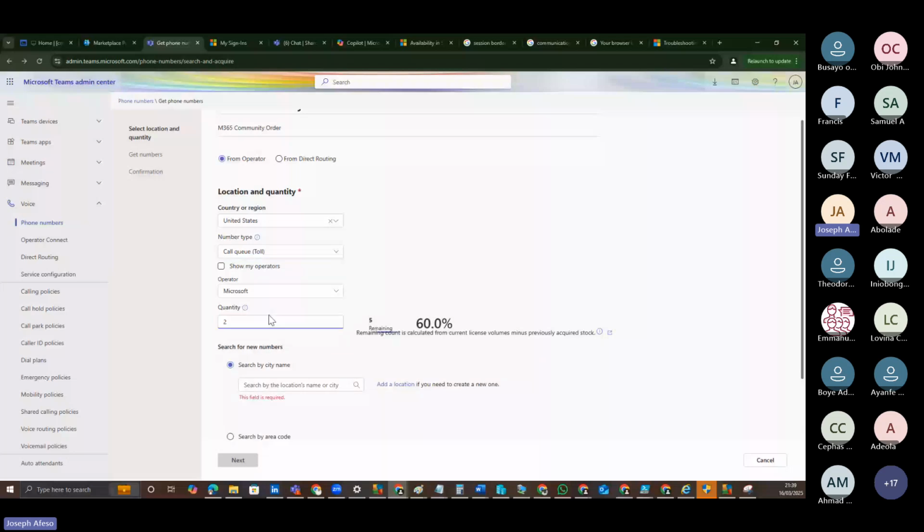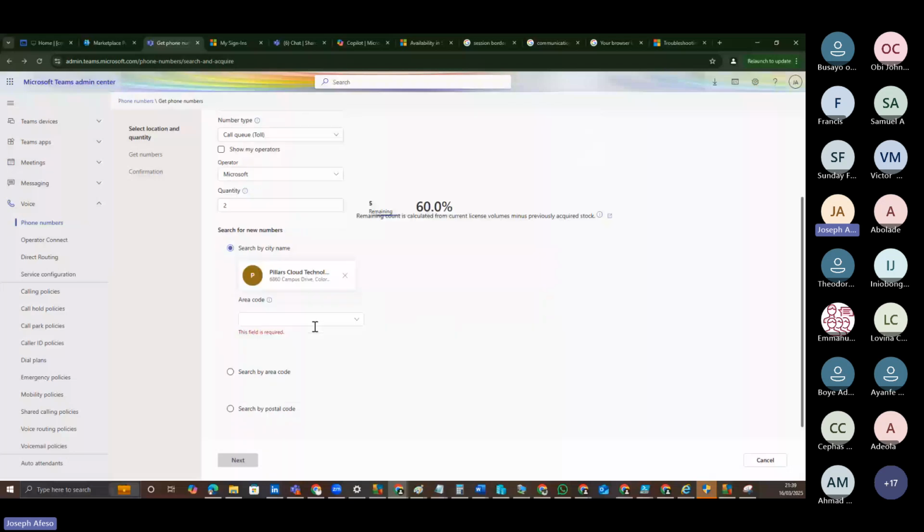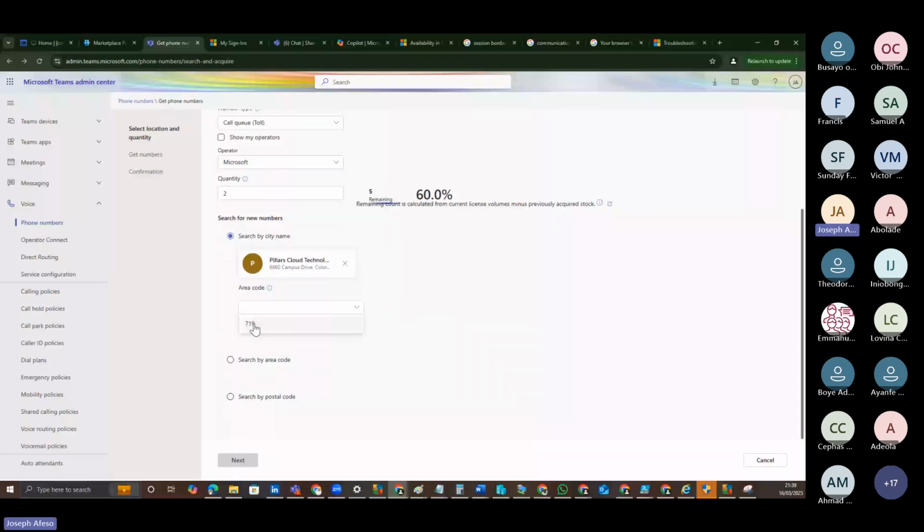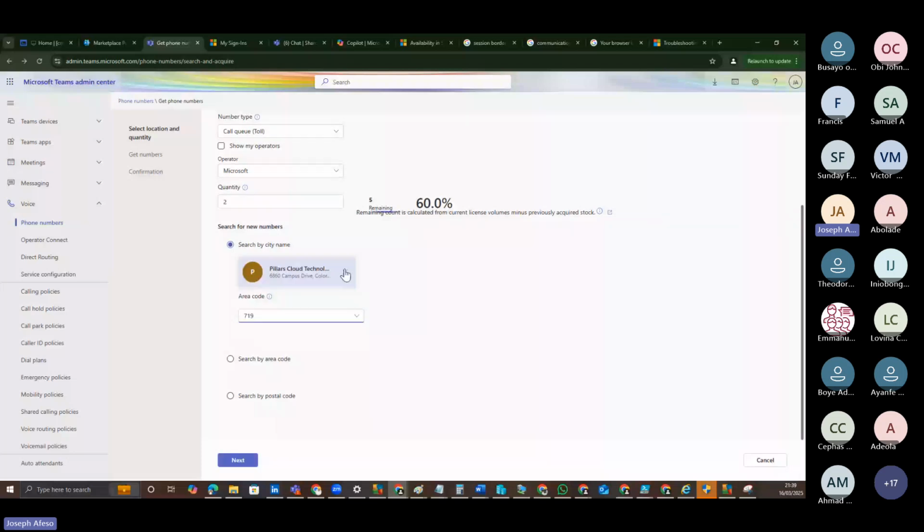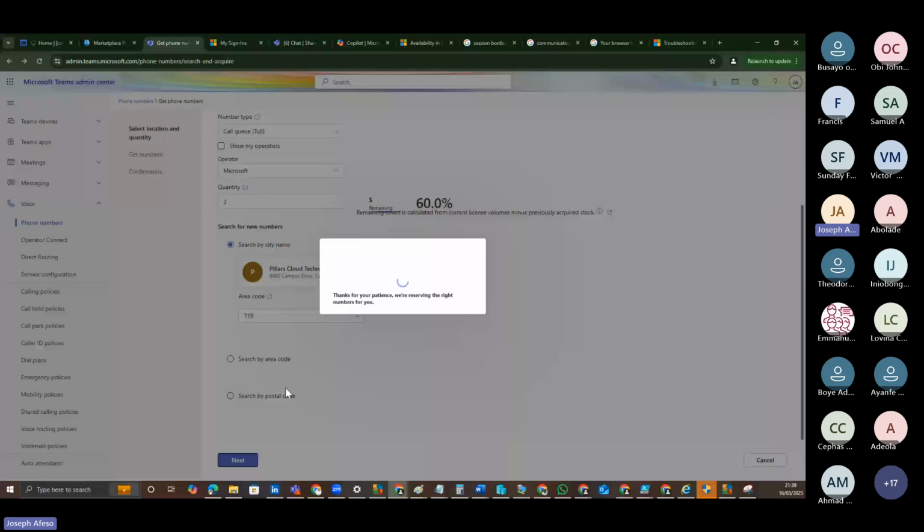And then what we will do is we'll look for the location TTT, and that's going to give us. So I was just the one that saved that as one of my Colorado address. So the Colorado address is going to bring up phone numbers that are within Colorado. So Colorado area code is 719. So if I do 719 now, I will do next, right? So what is in? Thank you for your patience. We are retrieving right numbers for you. So this is going to look through numbers and it's going to give me the call queue numbers that so